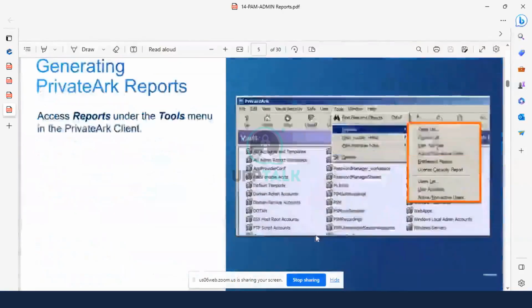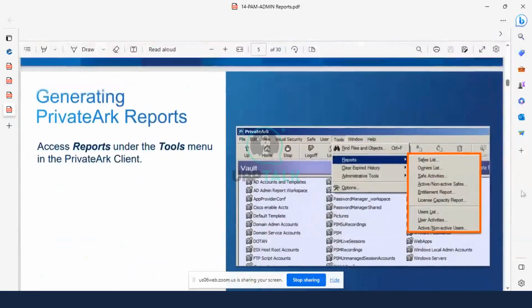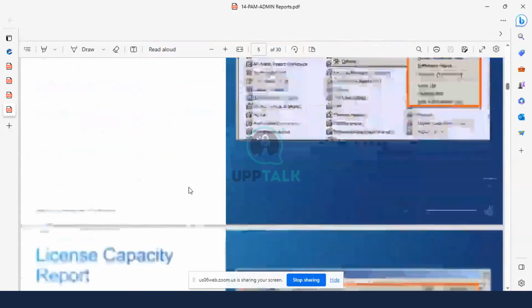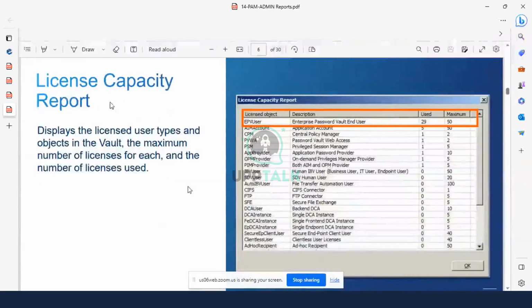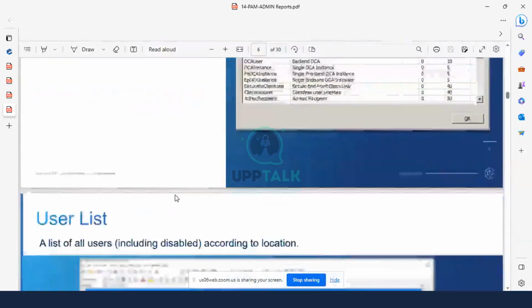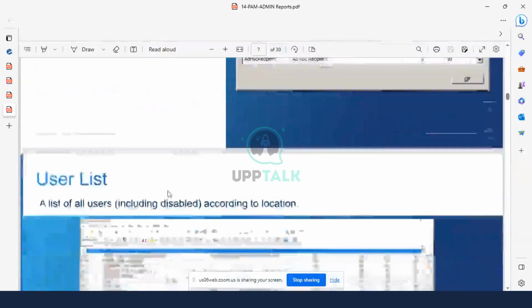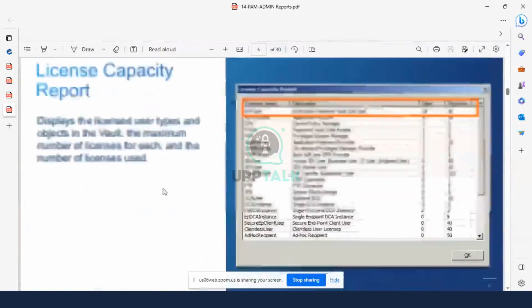In the Private ARC client, you can come to know how to do this. Just now I have shown you that lab. Here, go to the Tools menu and reports, you can generate like this. They access the reports on the Tools menu in the Private ARC client. You can see the license capacity report displays the license user types and objectives, the number of licenses for each, and the number of licenses which we are currently using. We can come to know